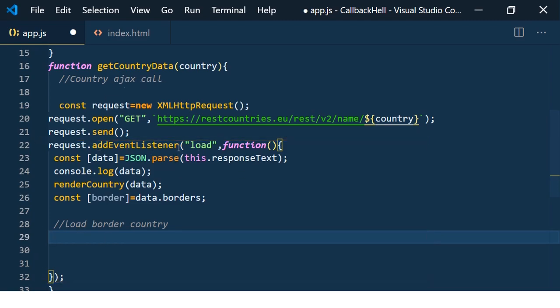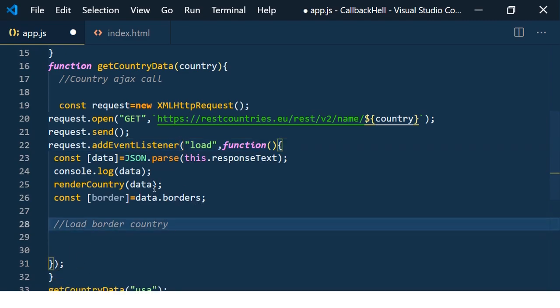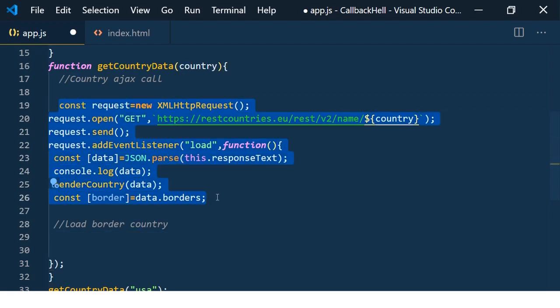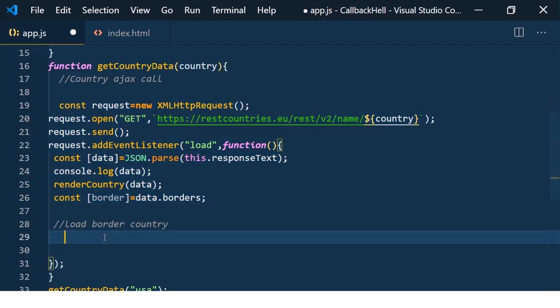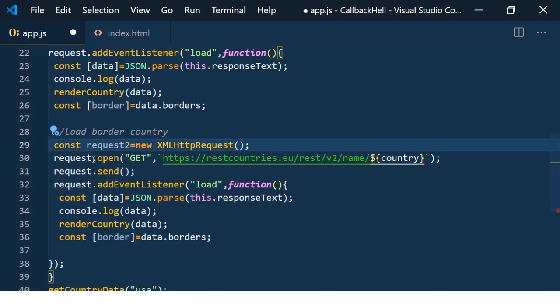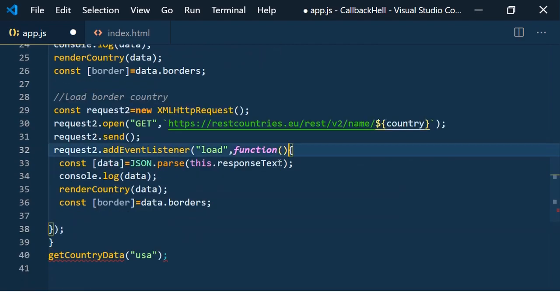So we are inside this load event callback function, because once the data is loaded, the data will be available in the load callback function only, and only then can we get the data of the borders. So here what we need to do is make another call. So just copy this and paste it here. Here request two, and here you are getting an error because we need to close it again.